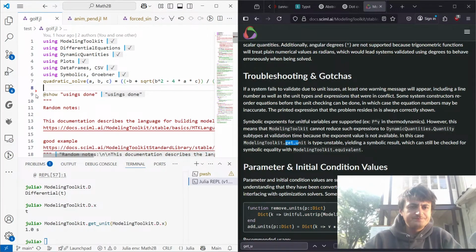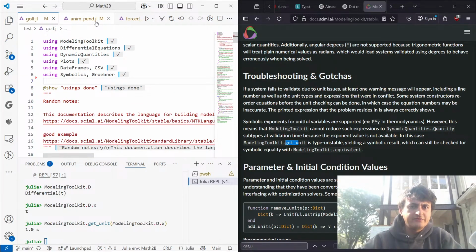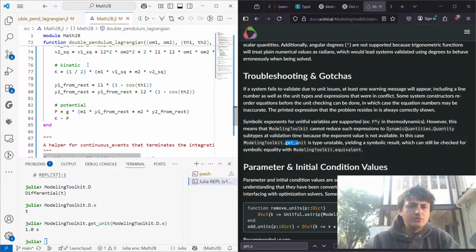So we want, okay, so we want to put a quadratic solve in here, because I actually do want to